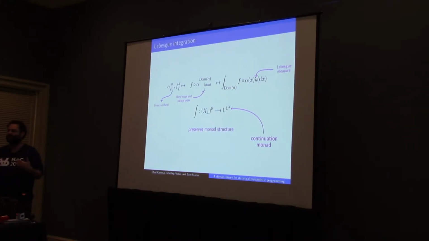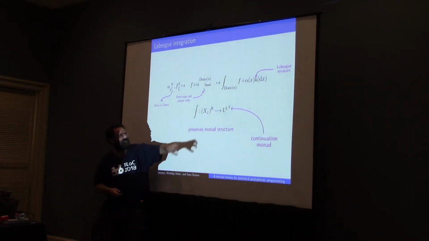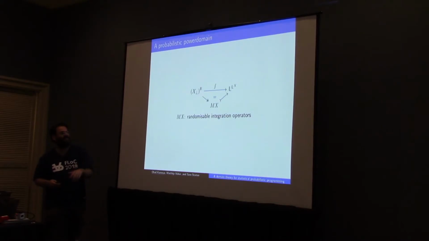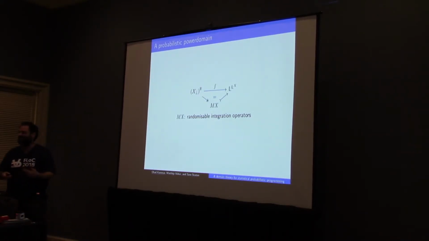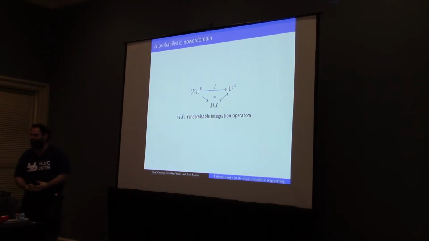continuation monad. Okay, so this is a monad, but this is not a monad. So what we kind of want to do is carve out the randomized part of the continuation monad. And that's what we're doing with this construction. What we want to do is take this Lebesgue integral operation and carve out all the measures that come from randomizations. Okay, so we need to define how to do this process, this factorization,